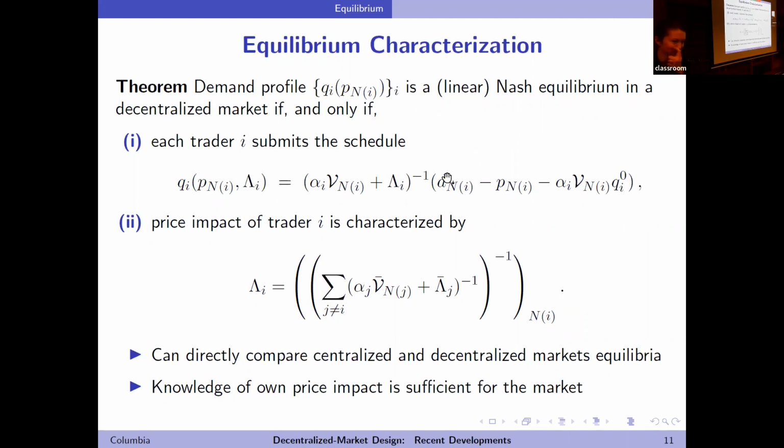And then your question, what does a trader need to know in this market in order to bid optimally? To act optimally, this is the best response or the equilibrium bidding. Notice again, if I know my price impacts, then I can submit my demand schedule. The knowledge of the bid functions submitted by others, my counterparties in the exchanges where I'm participating or any other exchange, the payoff functions, or even the number of traders or the market structure would not change the optimality of my bids with independent private values.